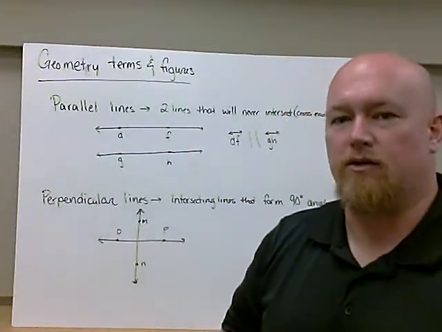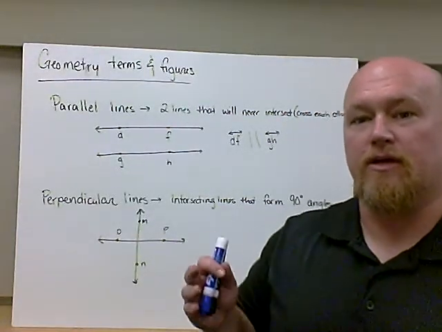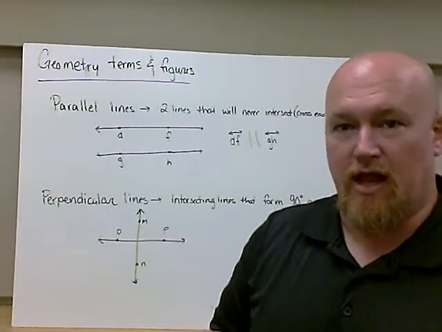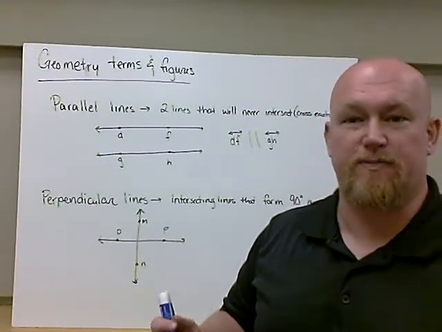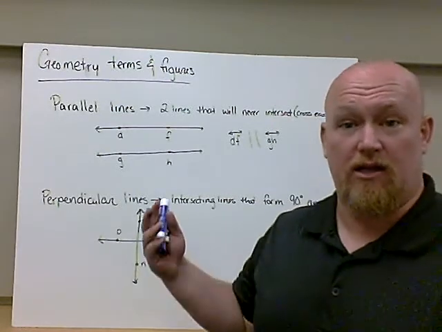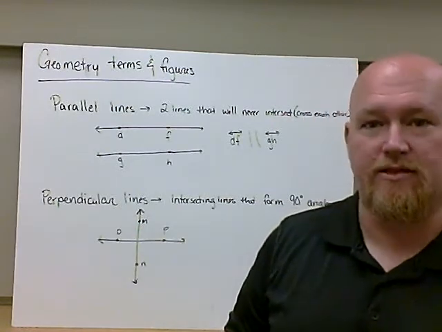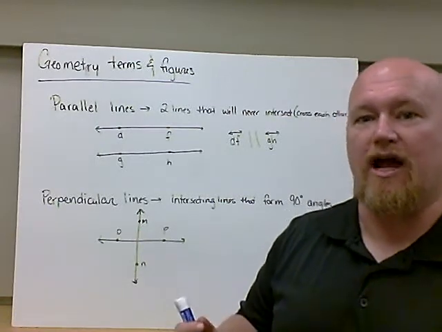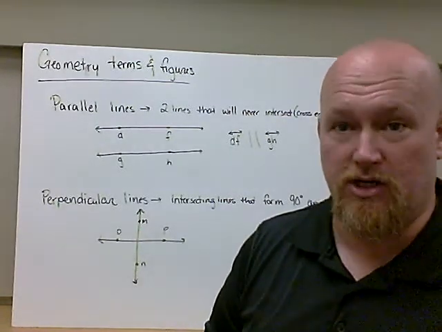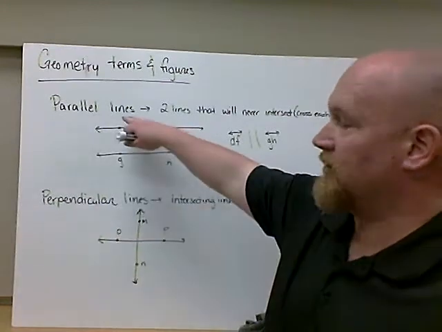Alright, the next video we're going to look at is we're going to talk about special types of lines. Okay? In geometry, our knowledge of lines is built off of three specific types. Parallel lines, intersecting lines, and perpendicular lines. So these are used to describe how we see lines interact with each other. The first type, parallel lines,